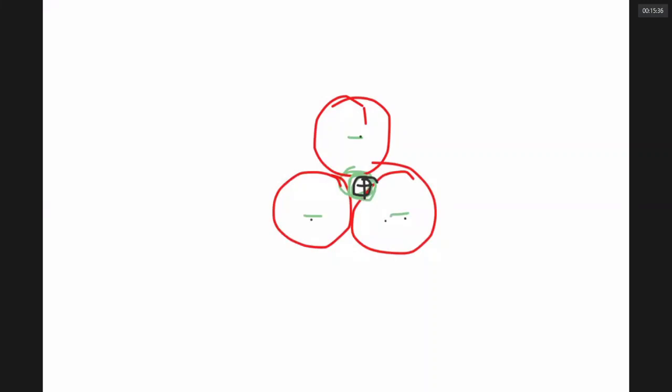But really, this negative ion cannot touch this negative ion. If they touch each other, the negative charges will repel. Therefore, the size of the cation should not be too small. If the size of the cation is too big, then the negative ions will go far away from each other. There is a wastage of space. So the size of the small ball should be just that much, which will just allow the negative ions to touch. Really, they should not touch.